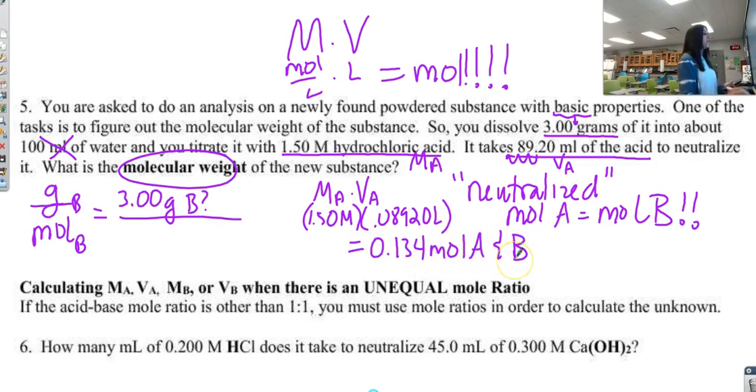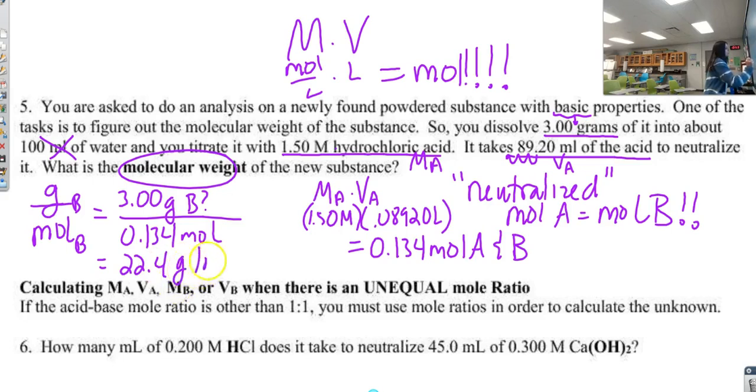Moles of acid and base. Why? Because it's neutralized. So once it's neutralized, then the moles are the same. Not the molarity, not the liters, but the moles have to be the same. So now I'm going to plug this number in here, 0.134 moles, and do 3 divided by my answer. And 3 divided by 0.134 is giving me 22.4, roughly,